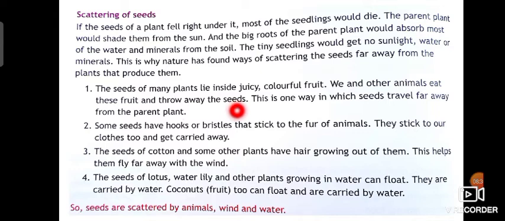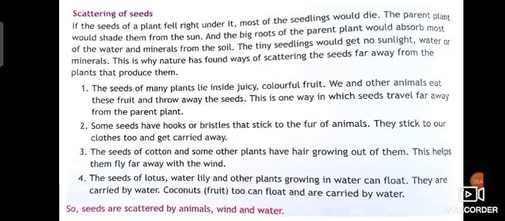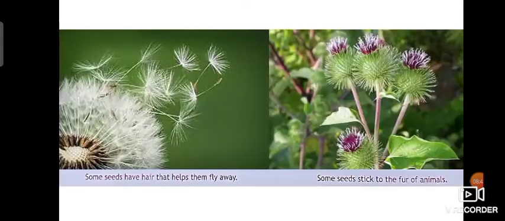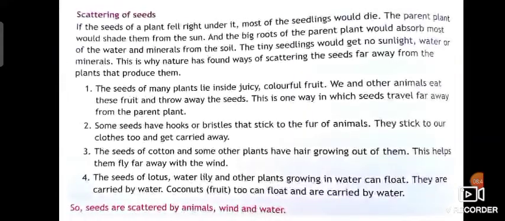And the monkeys, okay, and the animals, they eat and throw the seeds away. This is one way in which seeds travel far away from the trees, okay, from the parent plant.